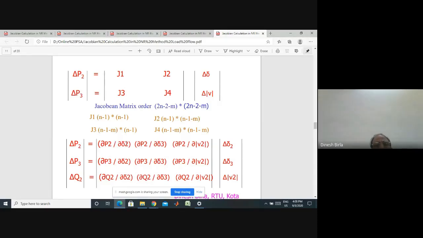So it is pretty clear that in J1 the partial differentiation of each parameter is made with respect to each angle. First active power is taken. In the second iteration, the next active power is taken. Had it been a larger bus system, the pattern would have been the same for us to consider the active power partial differentiation with respect to angles. So as many active powers as there are, there will be that many differentiations with respect to the angles. That means if there are two active powers, there will be two angles, del 2 and del 3. Okay. Likewise, we have got this.